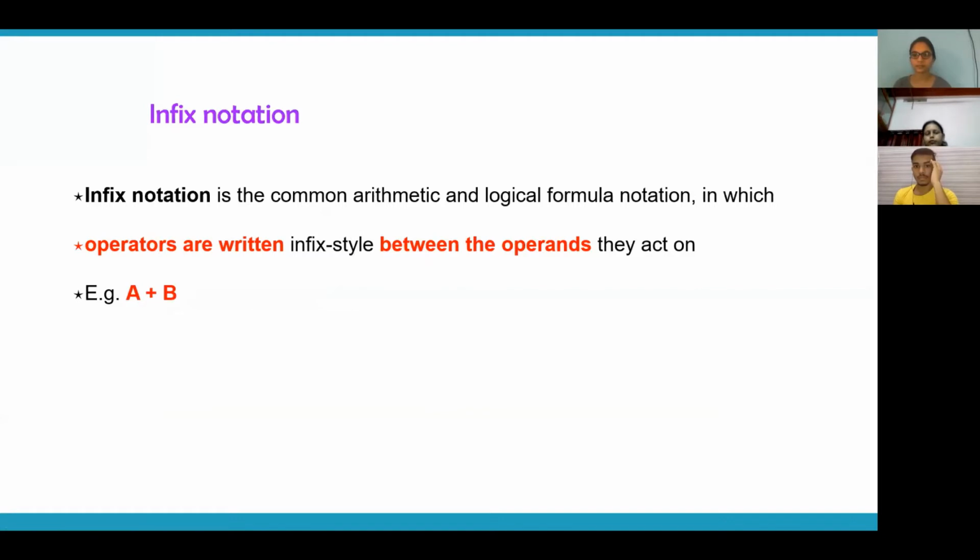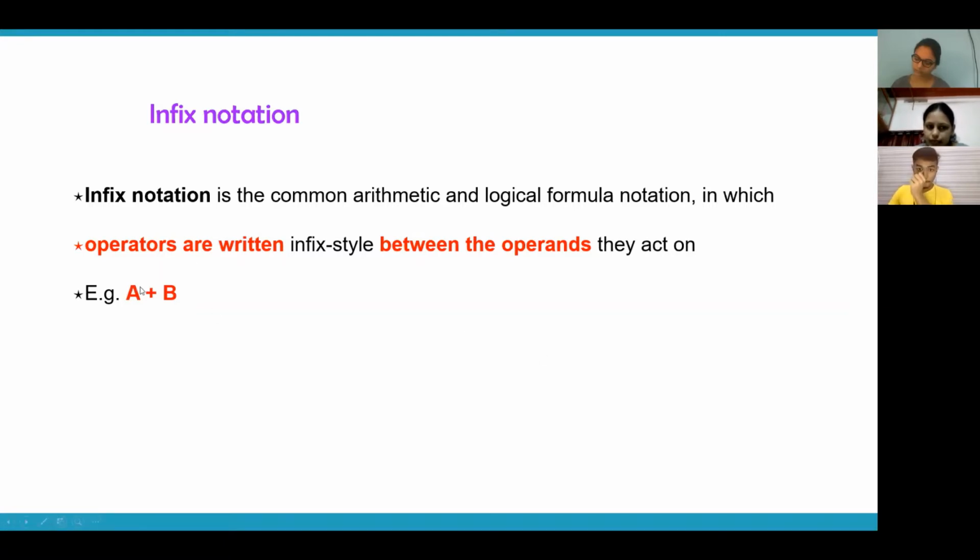Now let's understand what is meant by infix, postfix and prefix. As I said, this is another application of stack, infix to postfix conversion. Do you know what is meant by infix, prefix and postfix? Have you come across this term before? No. Okay. Infix means this format.